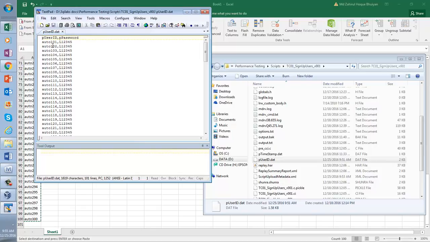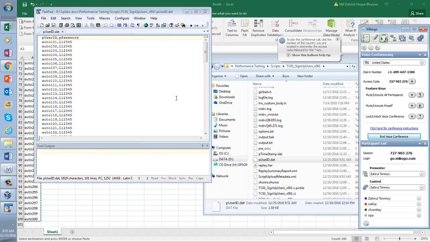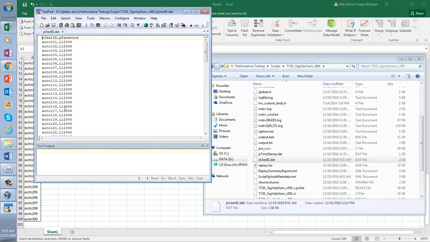Now I do not want this 101. Instead, what do I want? 201. I already have copied this value. So how will I remove this 101 and put the new ones? Will I put them one by one?